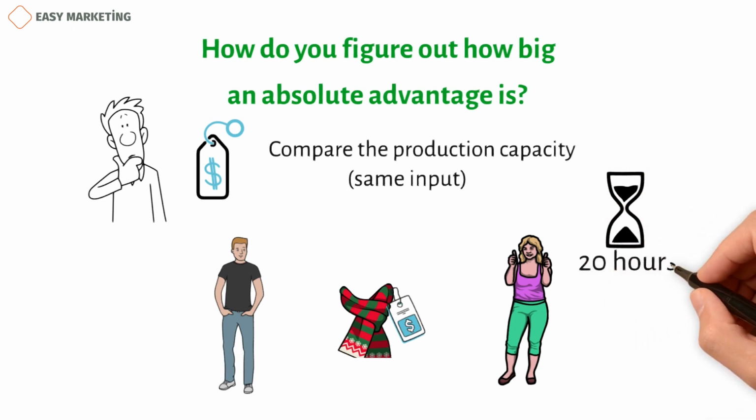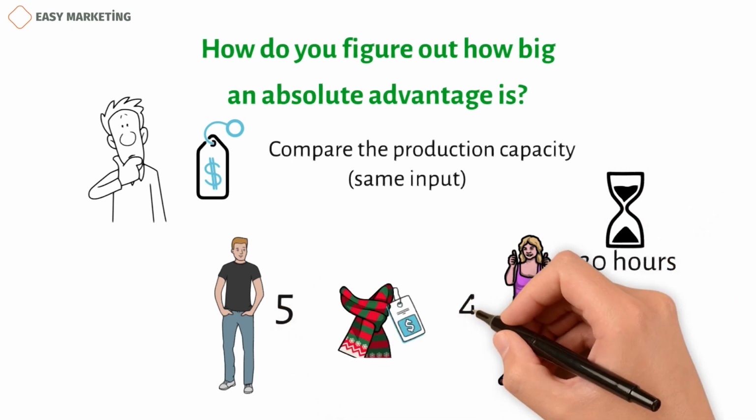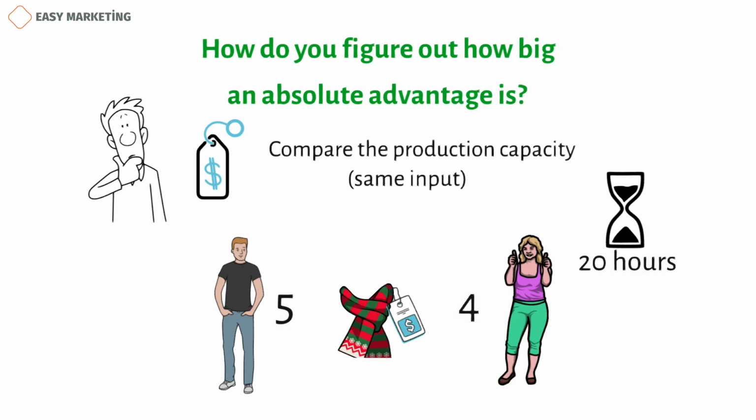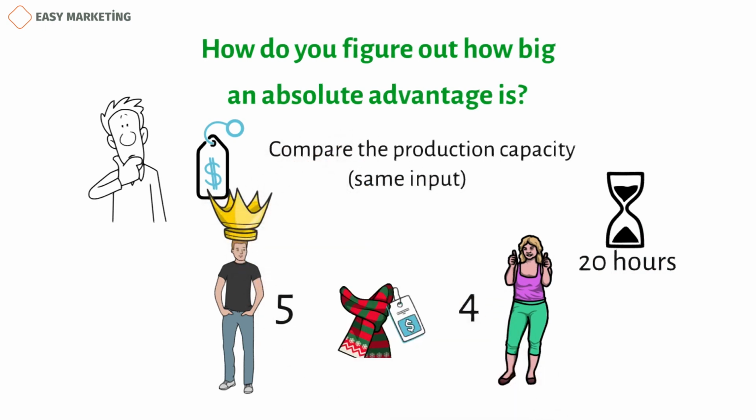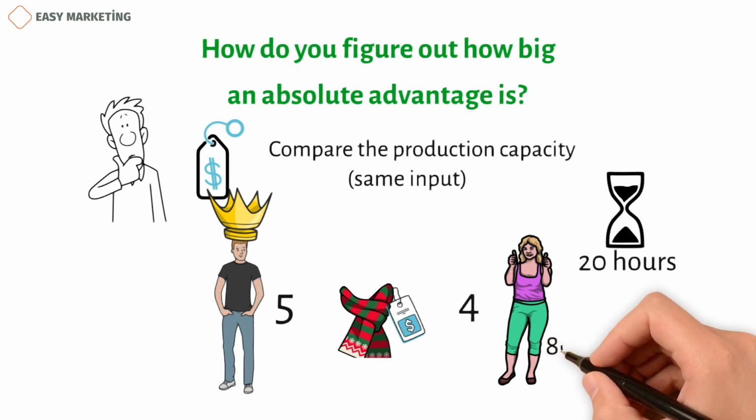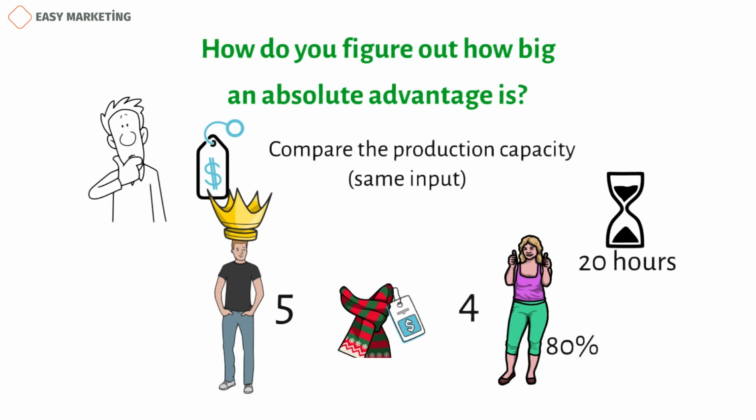In 20 hours, Harry can make 5 scarves and Sally can make 4 scarves. In this case, Harry has a clear advantage because in the same amount of time, he can make 1 more scarf than Sally. In other words, he makes 1 scarf every 4 hours, and Sally makes 1 every 5 hours. When it comes to making scarves, Sally is 80% as good as